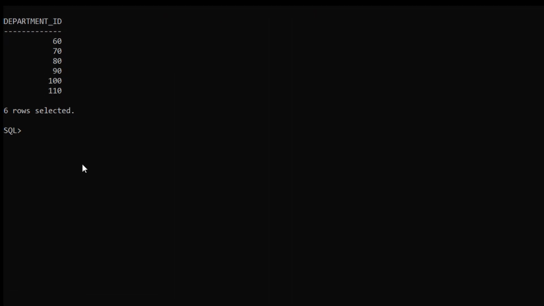Similarly, we can do this on different columns such as salary. Let me show you how. For that, select salary from the employees table. Again there are multiple duplicate values present in this salary column.